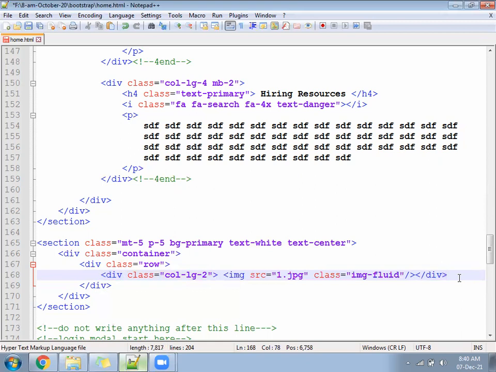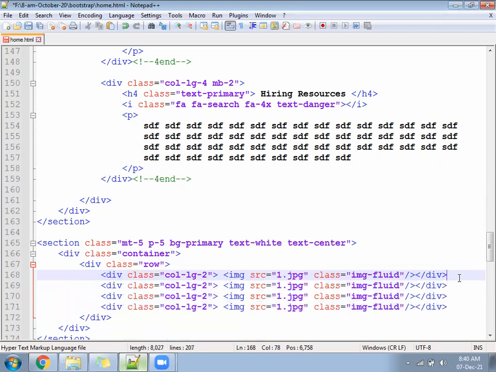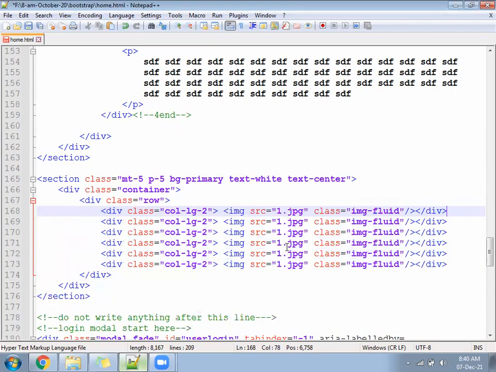Now keep this 6 times: 2, 3, 4, 5, 6 times. Total 6 photos will appear in one line as our product.